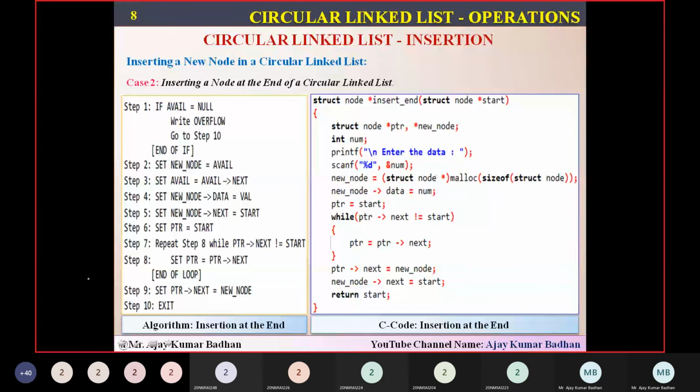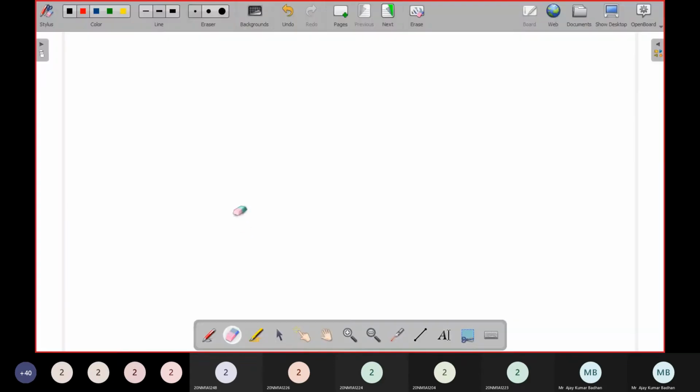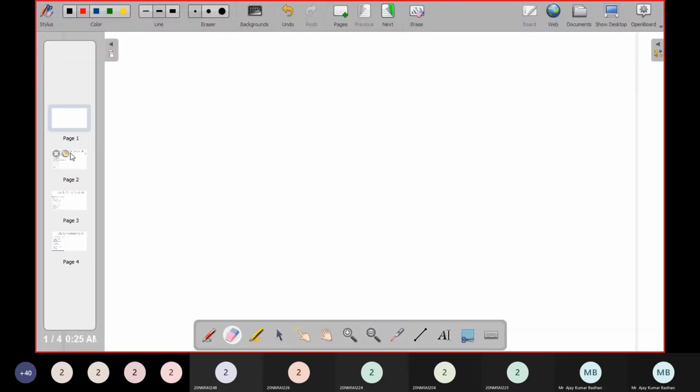So here, this is a code for that same thing. So let me explain this. This is the algorithm relevant to that. Whatever we are going to discuss now with respect to the C program code, the same thing is going to be replaced here in this particular thing. So let me come back here.